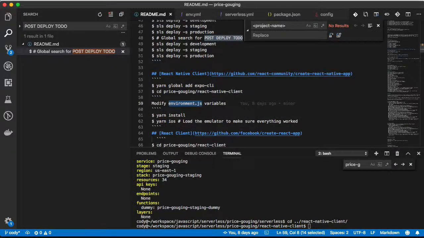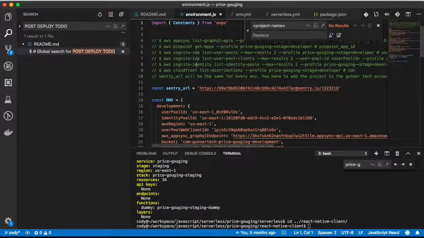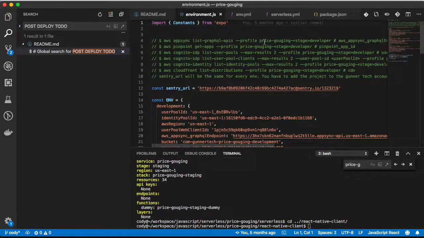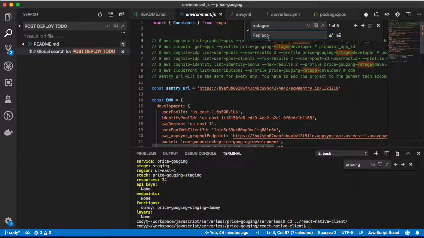So let's go in here and take a look at environment.js. Up here, it's going to list all the commands you have to run in order to get this stuff. To make this easier, I'm just going to change stage to development, just so I can do that pretty easily. I just want to make sure